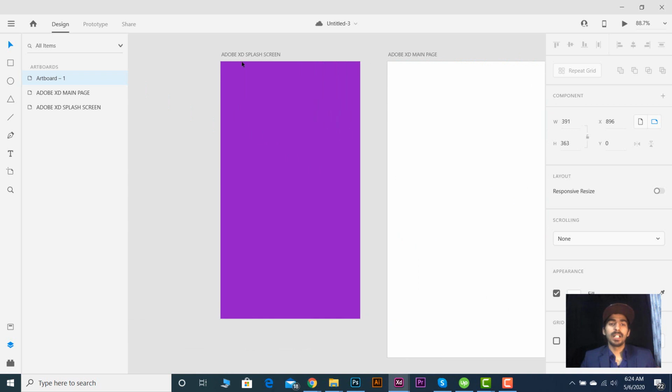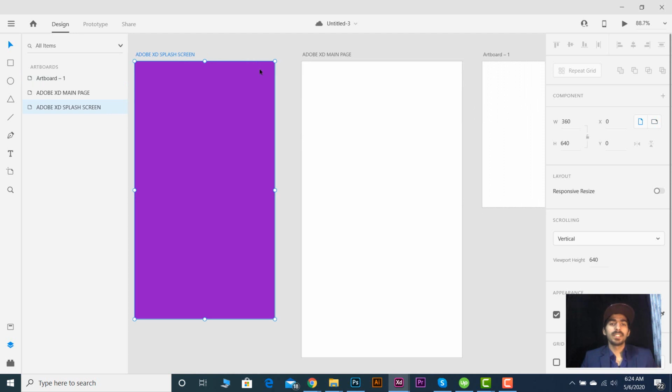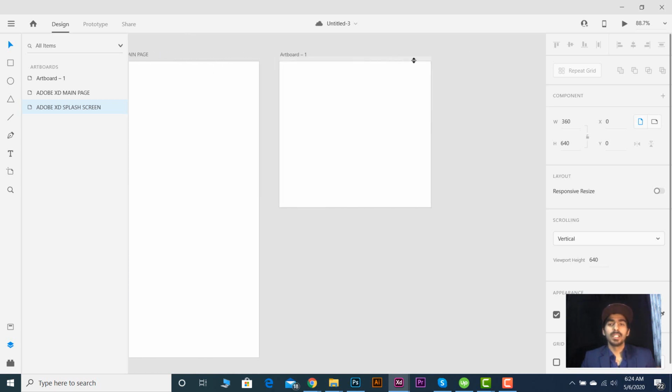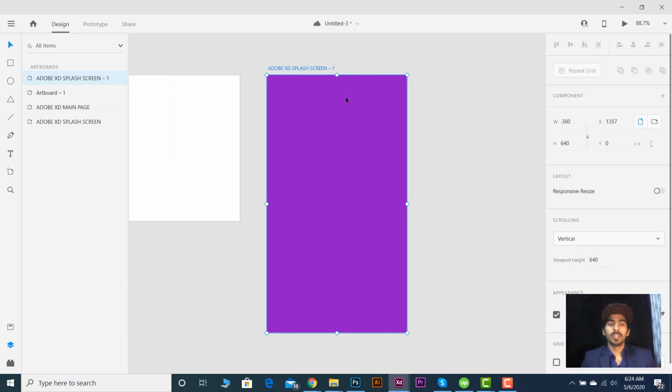As I want to duplicate this Adobe XD splash screen, I just click on it, and as in general we copy and paste using Ctrl C and Ctrl V. So I click on the artboard and press Ctrl C and then Ctrl V. It will duplicate the artboard next to the last artboard.